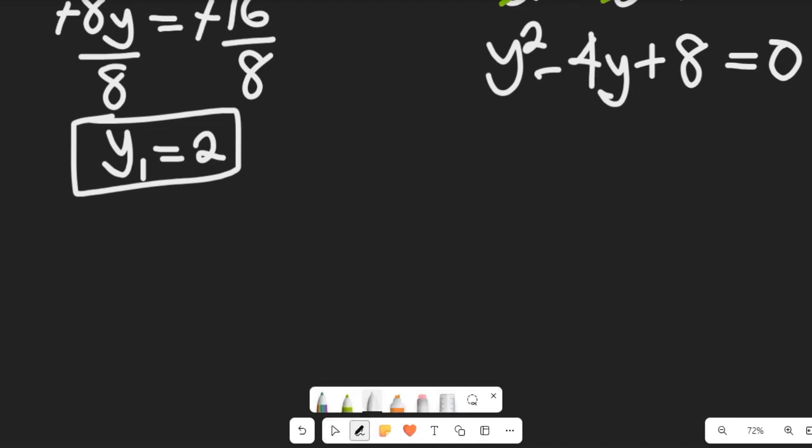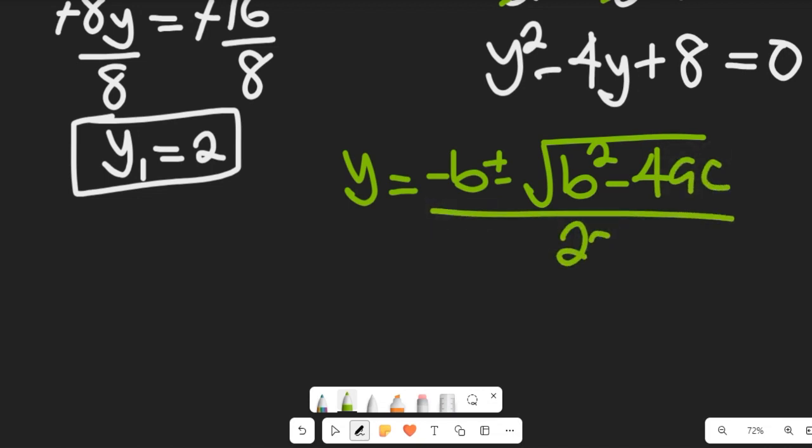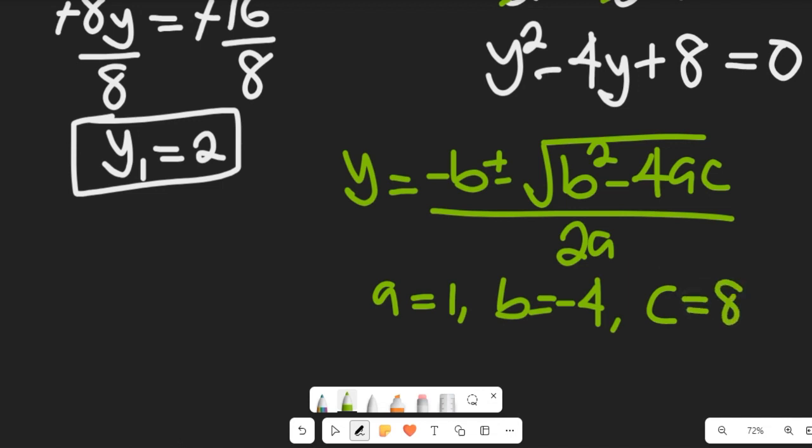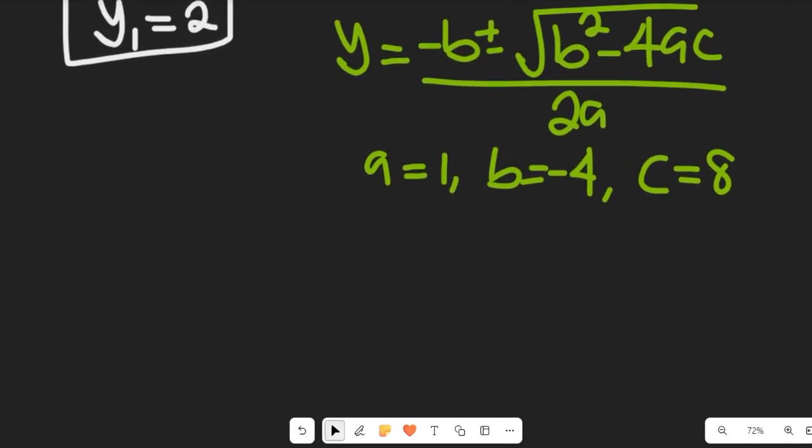From that expression, we can see that the value of our y will be equal to minus b plus or minus square root of b squared minus 4ac, all divided by 2a, right? And from that expression, our a is equal to 1, our b is equal to negative 4, and our c is equal to 8. So if we simplify that, you'll come to see that the value of our y